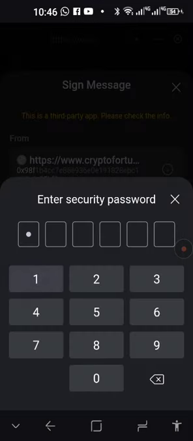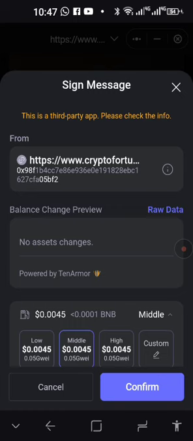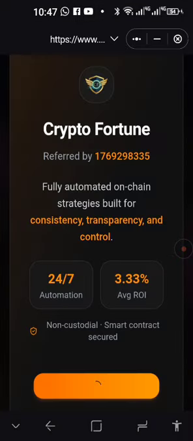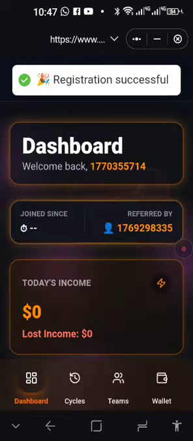This is your interaction with the smart contract now. And then you just leave it a little bit. Then you can also confirm the user ID.